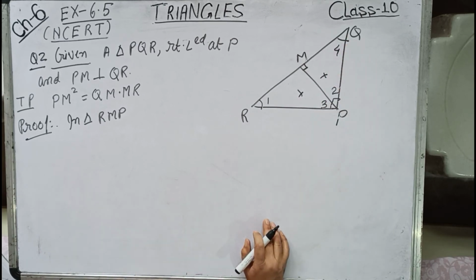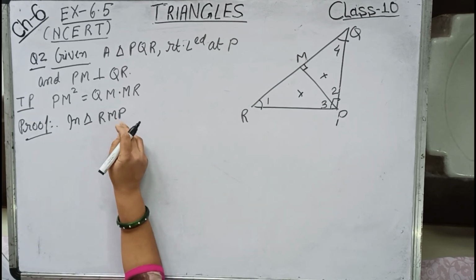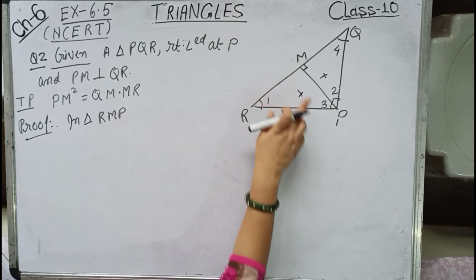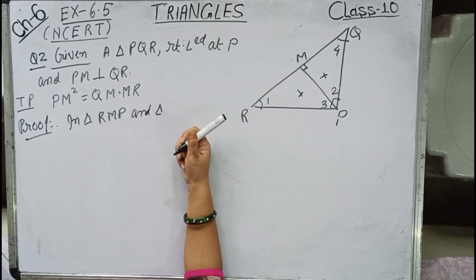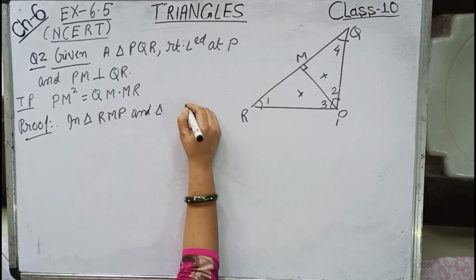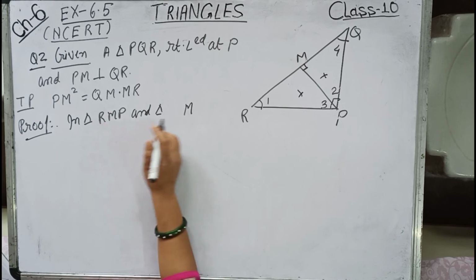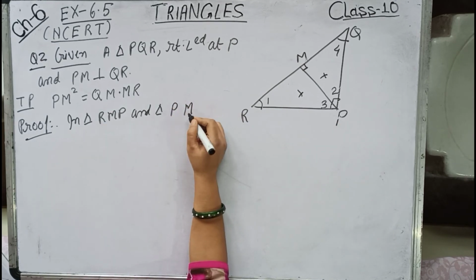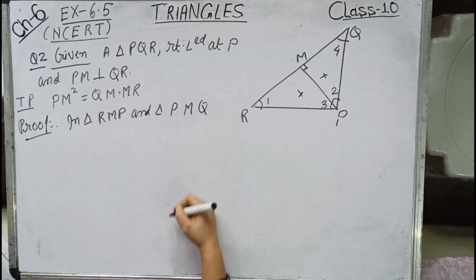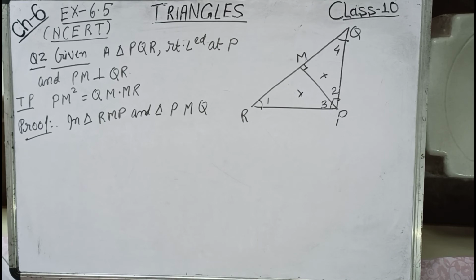So you can write that directly using the theorem, or here also you can write in triangle RMP and triangle, wherever there is M we can name M. Now R is 1 and 1 equals 2, so I'll be naming over here P. So PM, and the left name is Q. So in triangle RMP and PMQ,